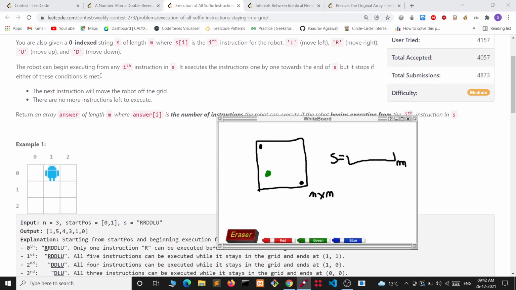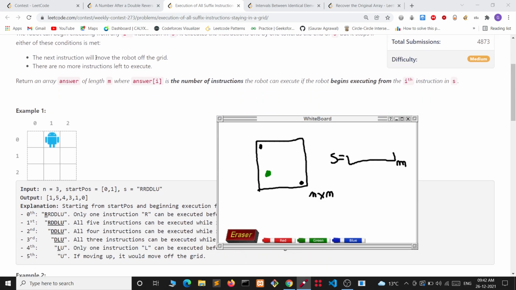Now the robot can begin executing from any ith instruction in s, and then it moves toward the end of s, but it stops if it moves out of the grid or there are no more instructions to execute. Let's say this is the ith index and we are starting from here.